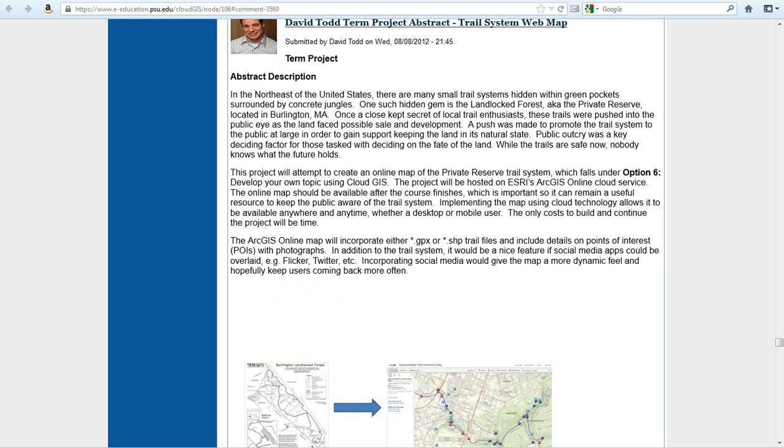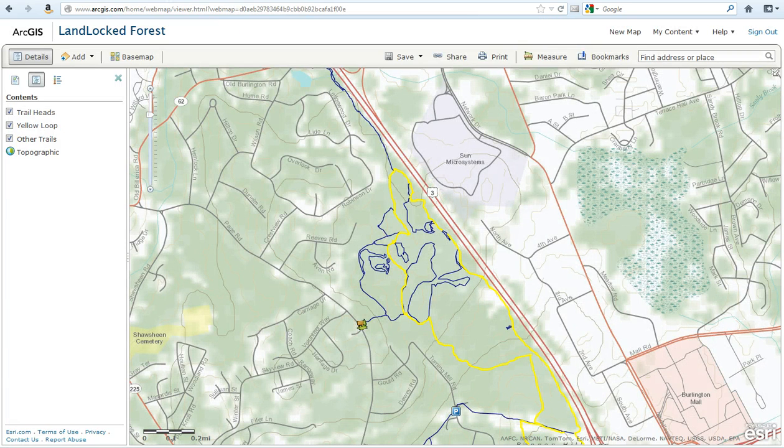The whole idea was to have everything running off ArcGIS Online, but I found after talking to the Friends of the Landlocked Forest, which is the trail system I did, that it would be more preferred to have all the data hosted in the cloud, but have the actual map, or the template, running from their own web server. So what I had done is gone to ArcGIS Online,